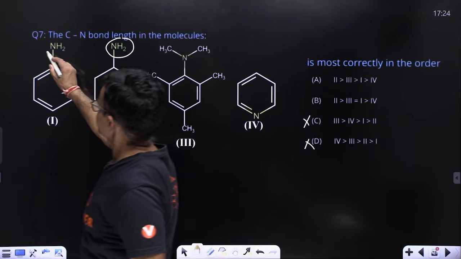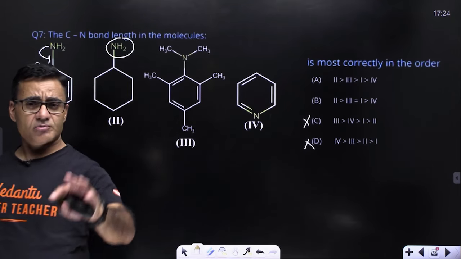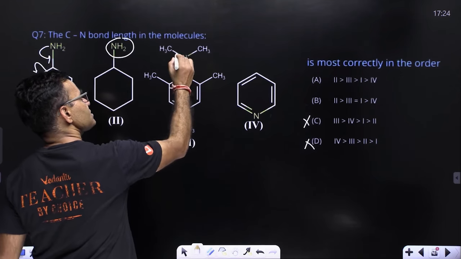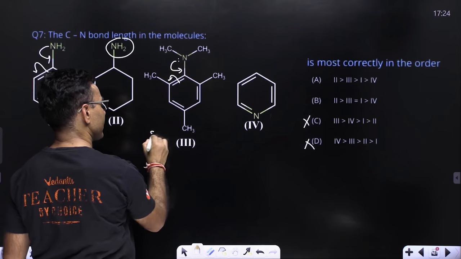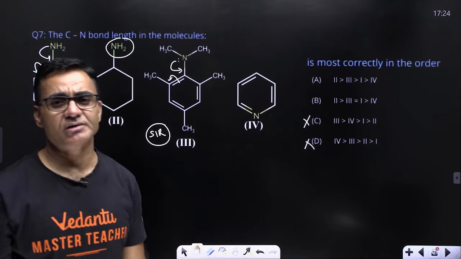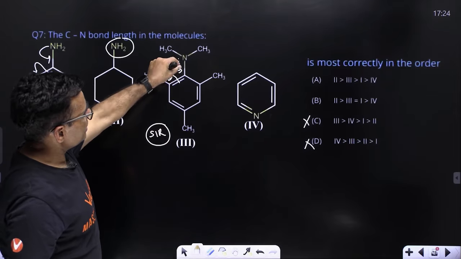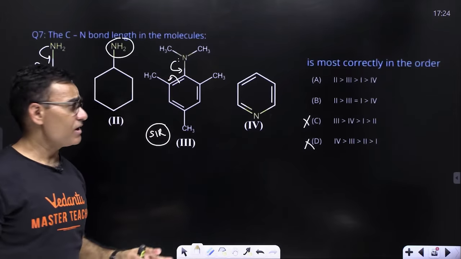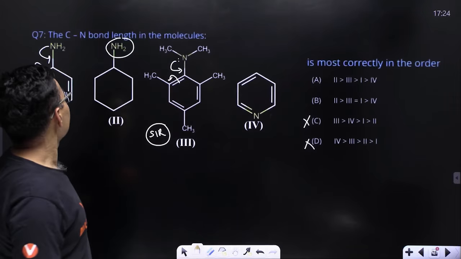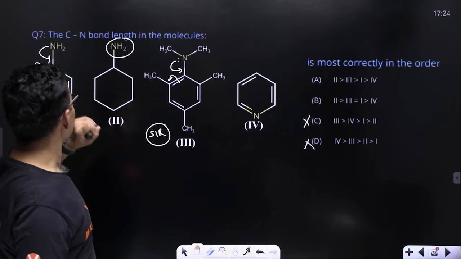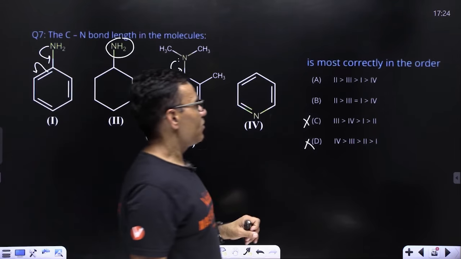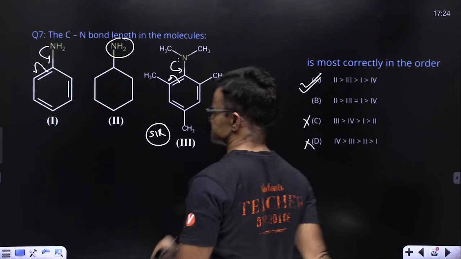3 एंड 4 की बात करेंगे, 3 एंड 1 की बात करेंगे, तो 3 में देखिए डिलोकलाइजेशन है, तो देयर इज सम डबल बॉन्ड कैरेक्टर बिटवीन कार्बन एंड नाइट्रोजन। एंड 3 में डिलोकलाइजेशन स्टीरिकली हिंडर्ड है। इफ यू हैव हर्ड अबाउट SIR, स्टीरिक इनहिबिशन ऑफ रेजोनेंस की वजह से लोन पेयर इज नॉट इन द प्लेन ऑफ पाई बॉन्ड, तो ये प्लेनर नहीं होने की वजह से यहाँ रेजोनेंस का एक्सटेंड कम है, तो डबल बॉन्ड कैरेक्टर कम है, लिहाजा इसके अंदर डबल बॉन्ड कैरेक्टर कम होने की वजह से बॉन्ड लेंथ बढ़ जाएगी, तो ज्यादा होगी बॉन्ड लेंथ इसके केस में, थर्ड में ज्यादा होगी बॉन्ड लेंथ एंड 1 में कम होगी। सो योर करेक्ट आंसर इज गोइंग टू बी दिस। ऑलराइट,